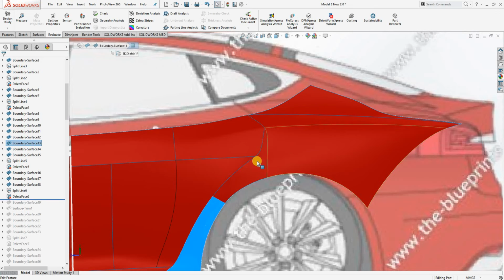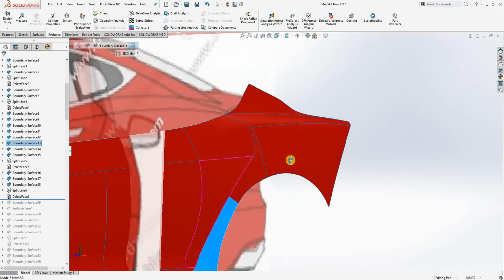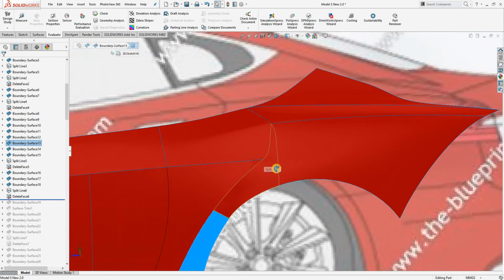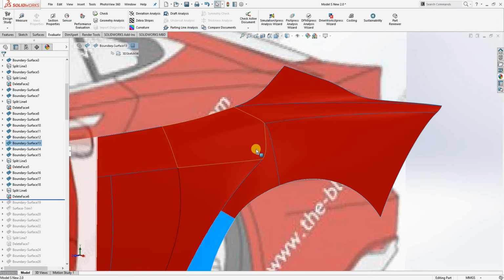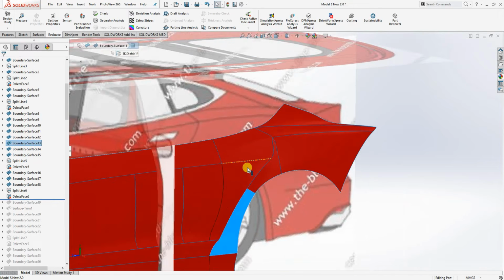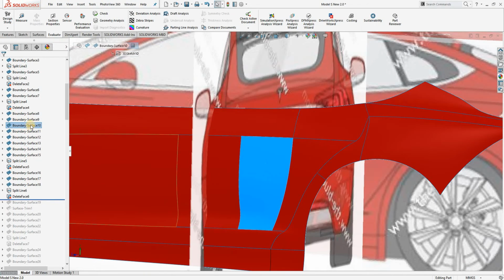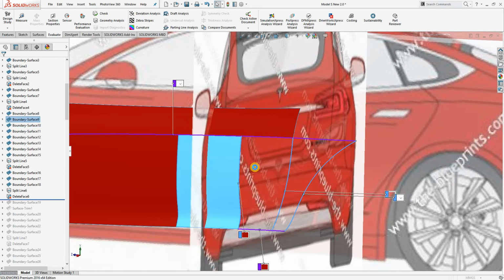If I wanted to drastically change this, there's just no easy way that it can be done that I know of. So another program, for example, CATIA, which is actually made by the same company, Dassault Systèmes, does have the functionality where you can go back and even push and pull on points to quickly update surfaces. Whereas in SolidWorks, the continuity between all these surfaces, for example, if I open up this one,